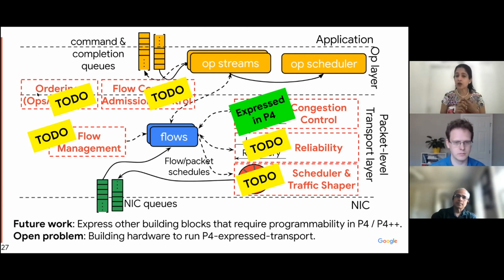There is also an opportunity to unify many schedulers in NICs. Schedulers are used not just for packets, but they're used for VMs or for higher level operations. And today, why is it that we can't have one scheduler that is programmable in a meaningful way that can handle operations, packets, or any other entities that we care about in NICs?